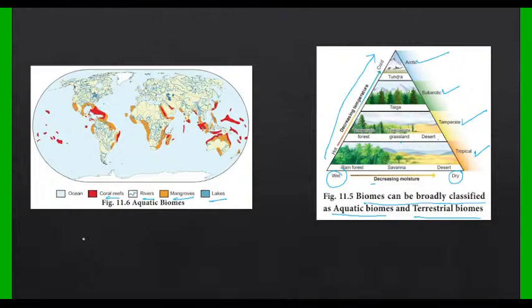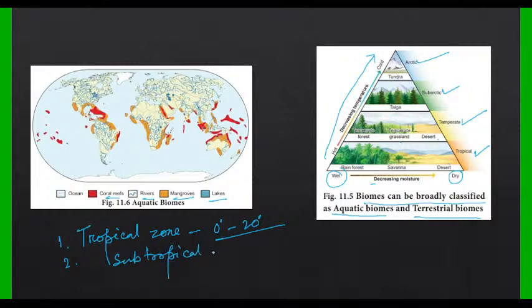So every time, I think this is known to you, the tropical zone has a latitude of 0 to 20 degrees. The subtropical zone is 20 degrees to 40 degrees. The temperate zone is 40 degrees to 60 degrees,